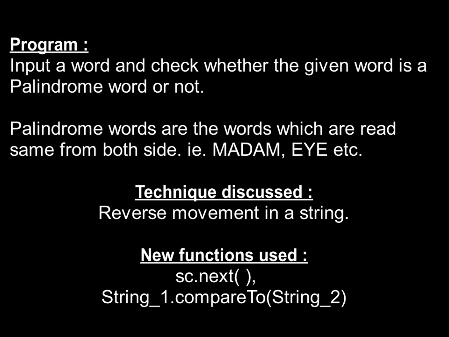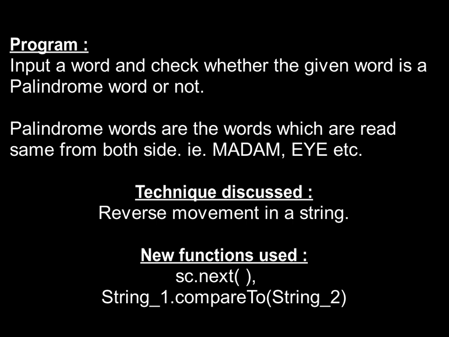Today we will be discussing a program called a palindrome word. A palindrome word means a word which is read the same from both sides, like madam or Malayalam, etc. In this program, we will be discussing the first technique of programming, that is reverse movement in a string,